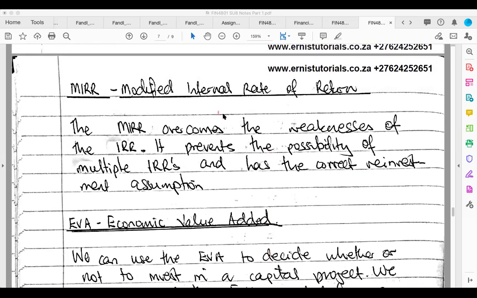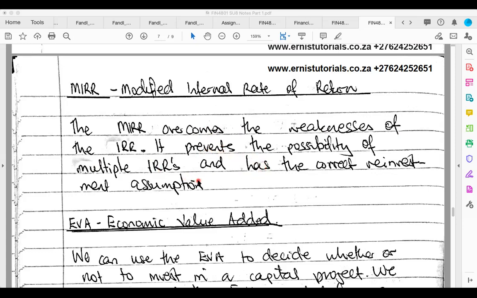We also have the modified internal rate of return. I doubt you would be asked to calculate this. It's just an extension of the internal rate of return, but the only difference is that it overcomes the weaknesses of the internal rate of return. The internal rate of return has a disadvantage in that you sometimes get multiple internal rates of return when you have negative cash inflows in a project,